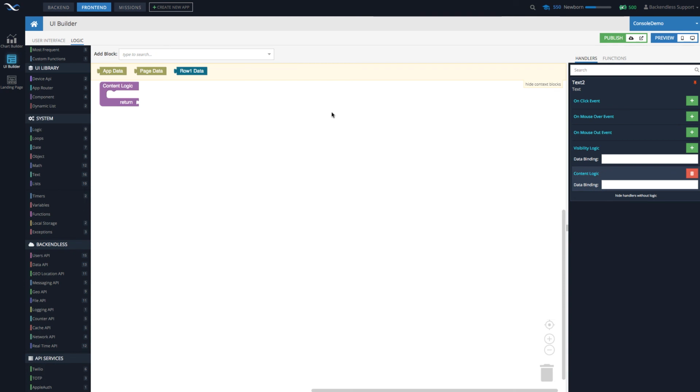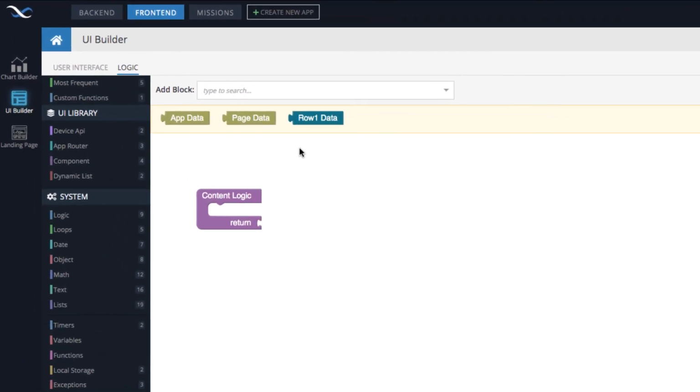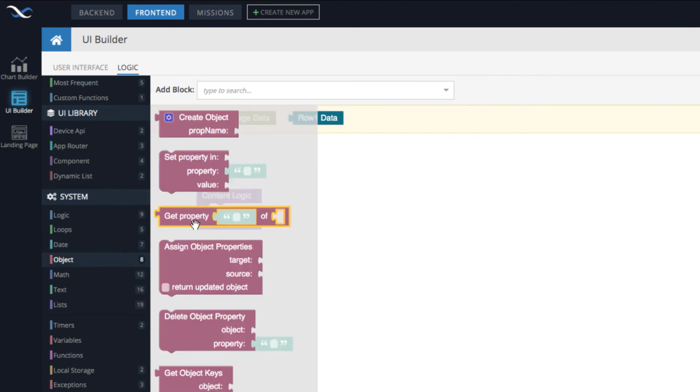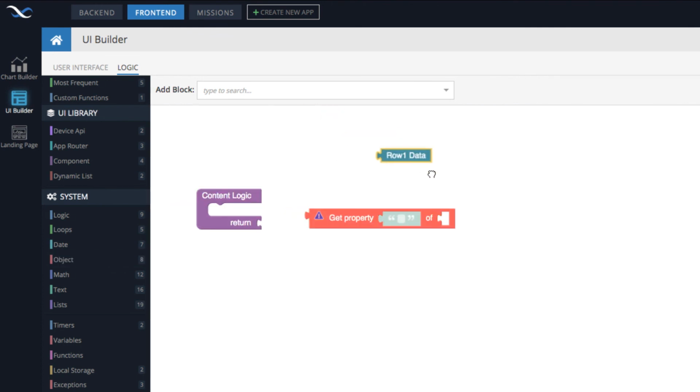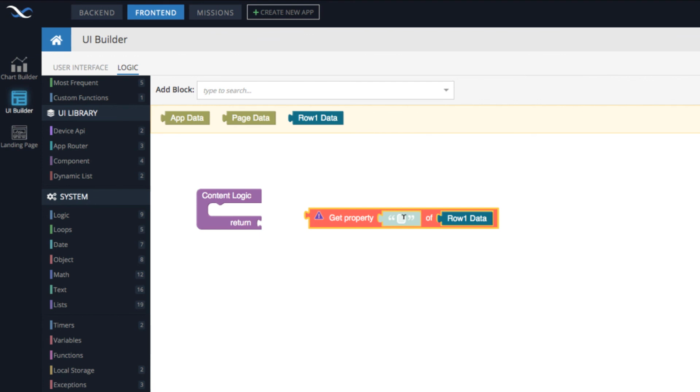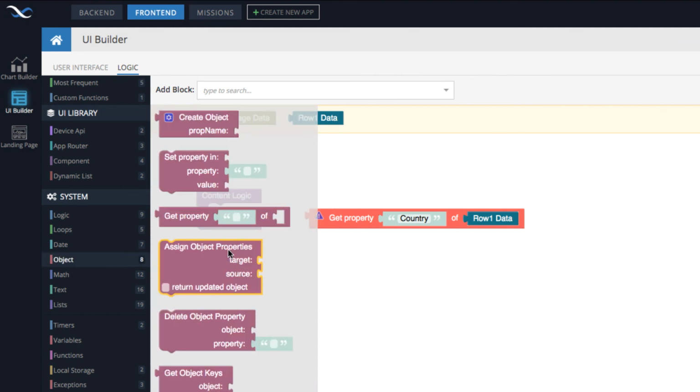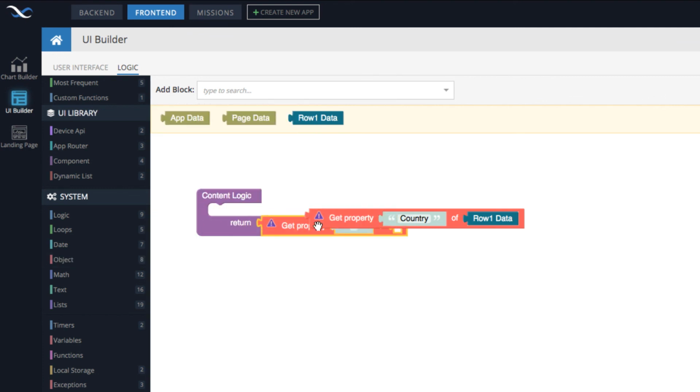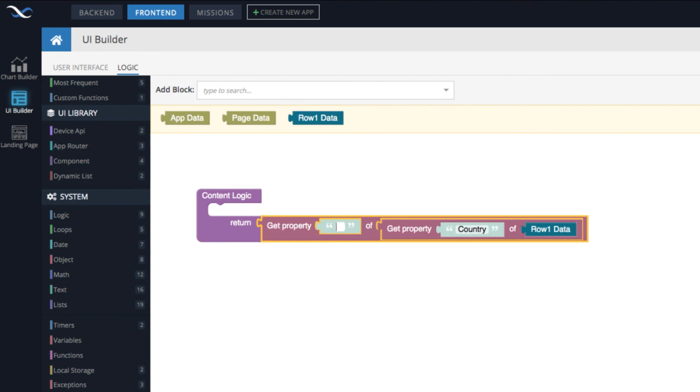Click Add Logic. And in here, row 1 data is the actual city. So if we do this, get property, and put country in here, this will return the country object. And then if we do this thing, this will return the name from the object that is the country.